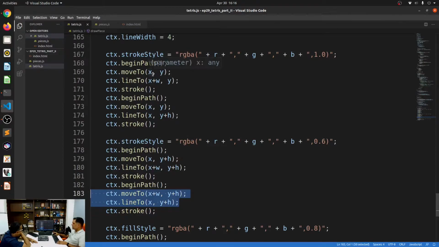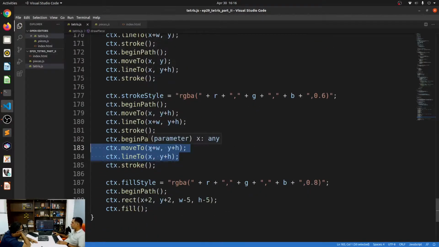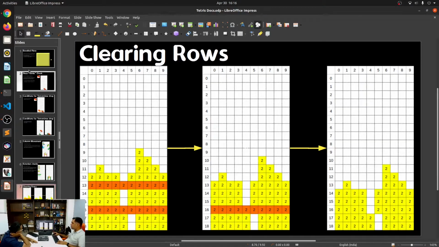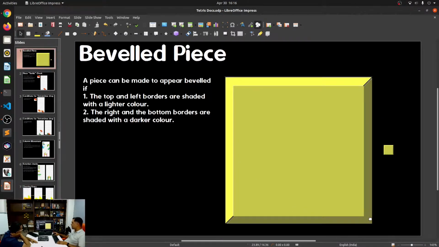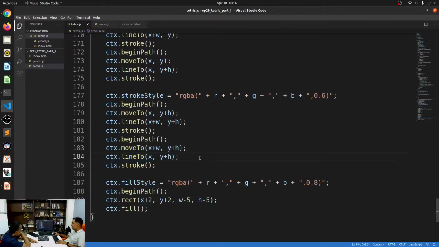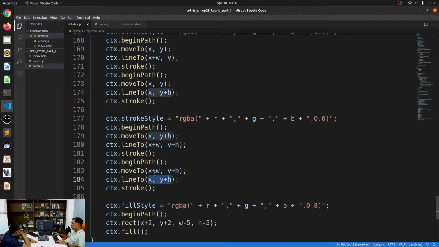All right. So this is X, and so this we have taken care of. So X plus W and Y plus H would definitely bring it to this location, and then it needs to go to the left hand side, basically line 2, right? So it would be a line 2. So this is X. I mean, it's just X and Y plus H is correct. The reason why I'm saying that there is an issue is because we have already visited this location. Okay. Oh, or maybe this one. Fine. We are not going in a square. You went this and this. And then you're doing this and so that's fine.